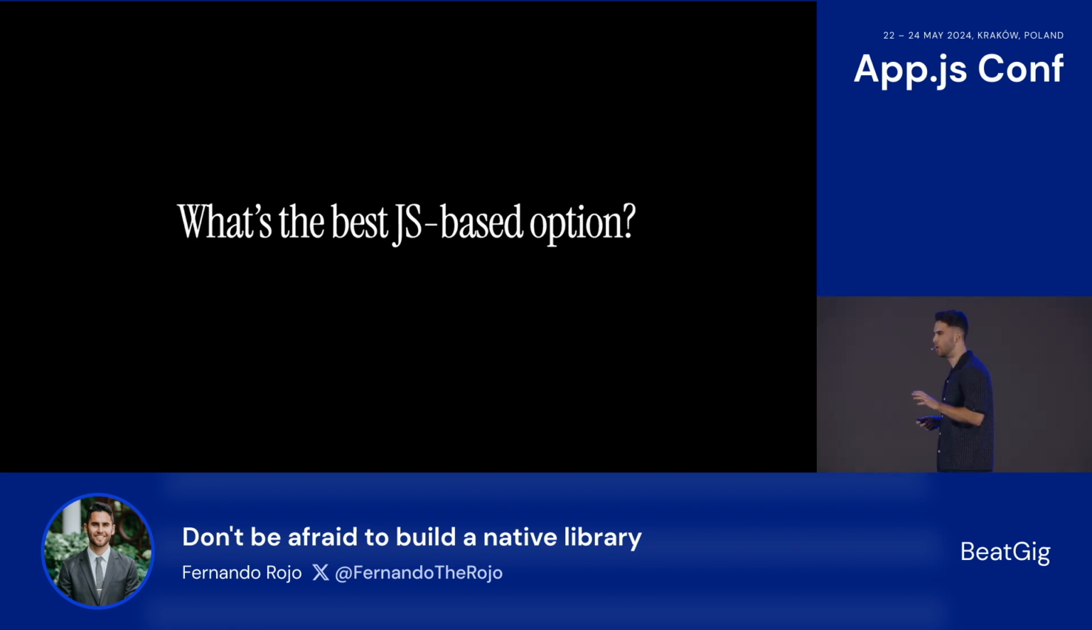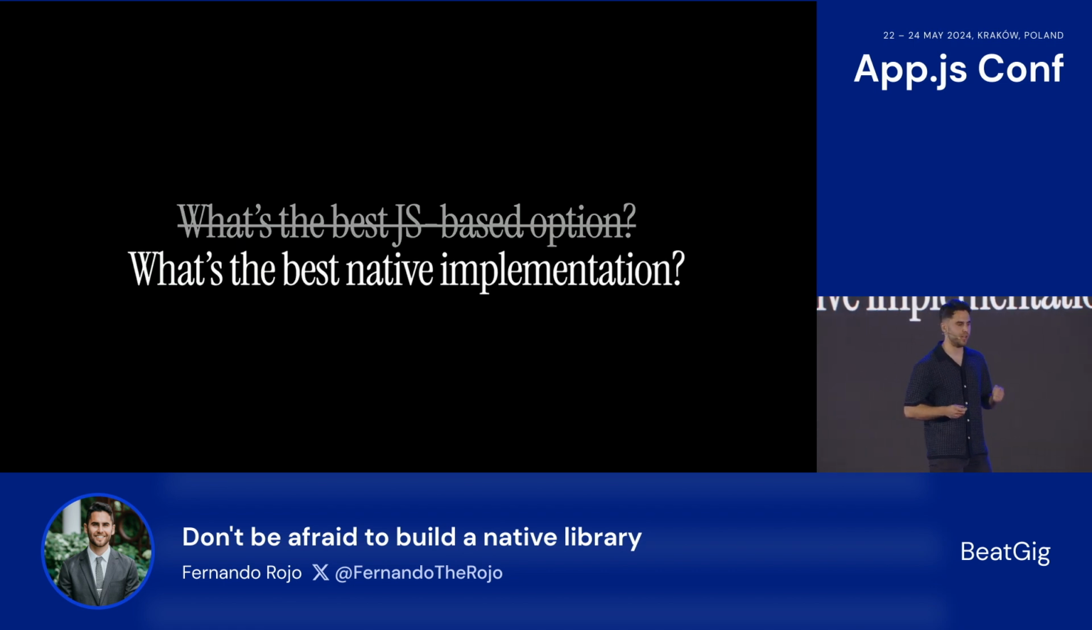Rather than ask, what's the best JS-based implementation? Instead, consider, what is the best native outcome? Even though all platforms should have a single API, they don't need to be the same. Unified API, platform-specific implementation. Today, we're going to build an image viewer for React Native, but we won't touch Reanimated